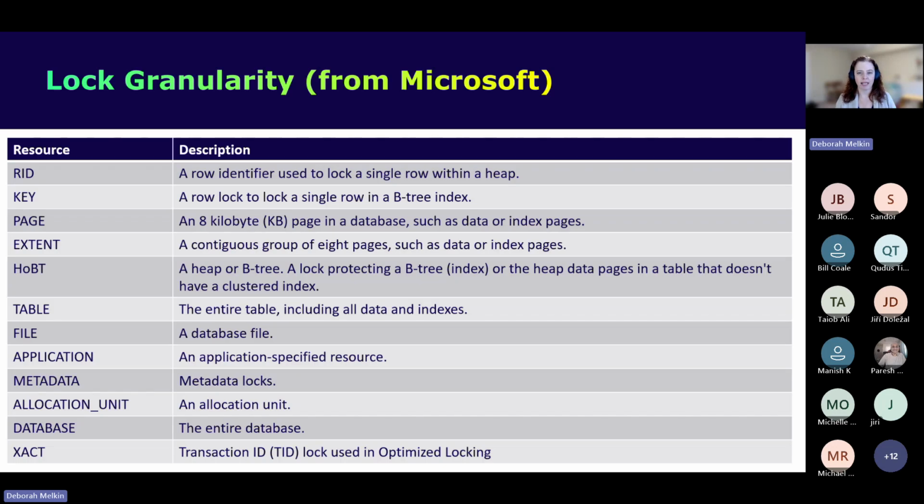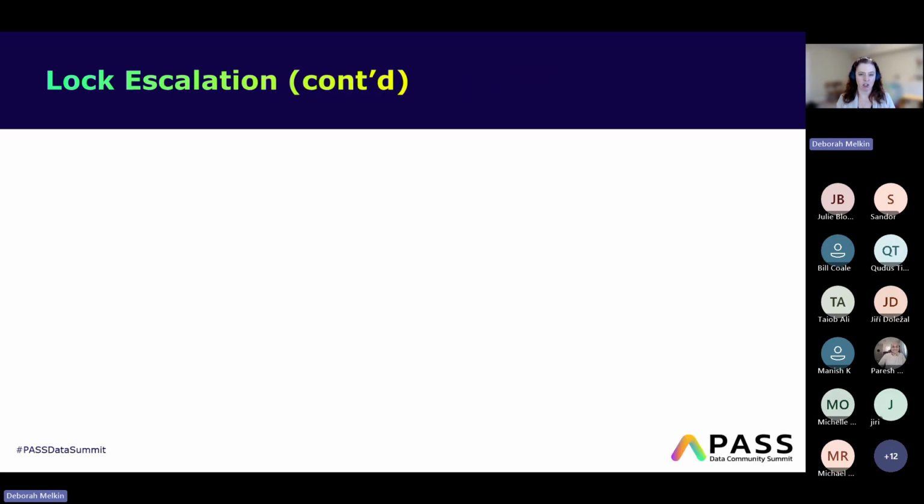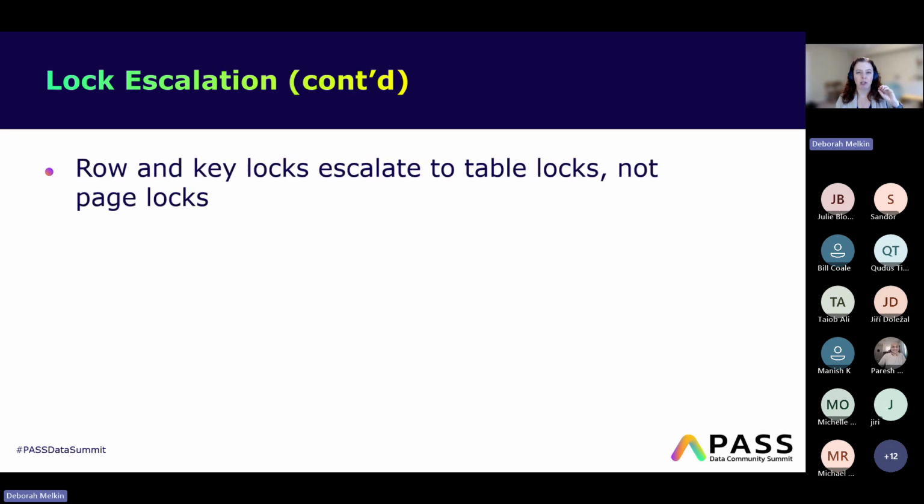The granularity, this is taken from Microsoft's documentation. I've formatted it to make it a little prettier. Most of us are familiar with the row identifier lock or a key lock. You know, we've heard of page and extent locks and table locks. It's really those row, key, and table locks that we usually see. We can see intents per page, but we can see where this sort of locking is. What happens is, and this is an important thing for lock escalation that we don't realize, when you have a row or key level lock and SQL Server needs to escalate, it goes straight to table,